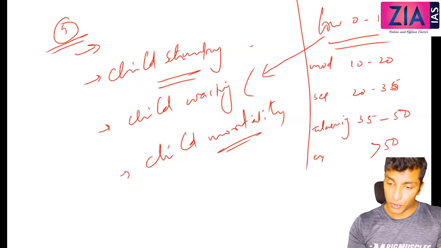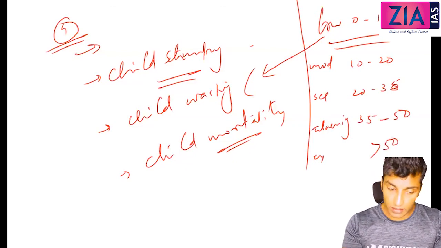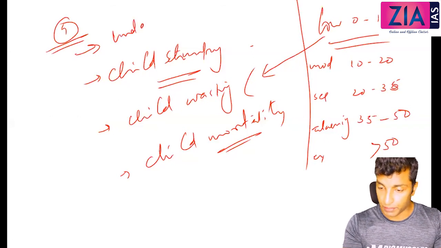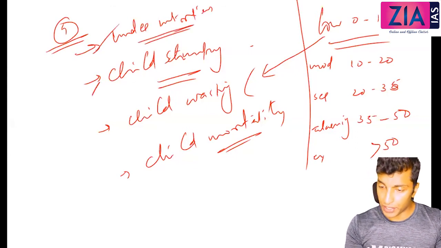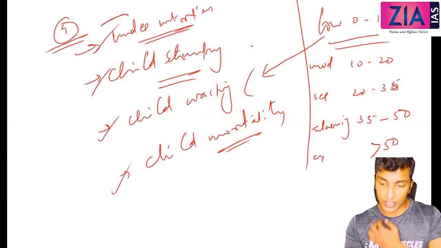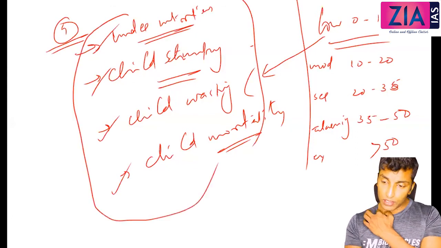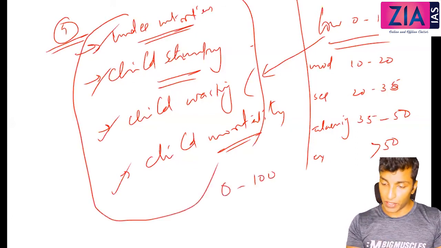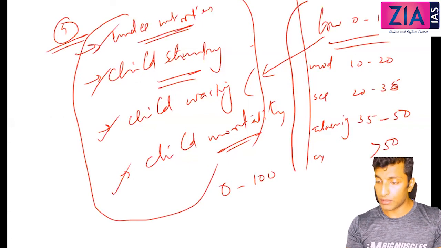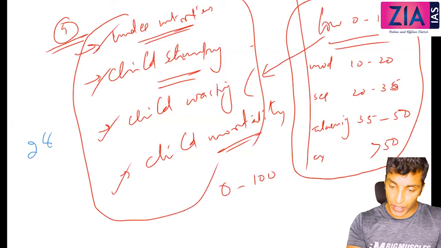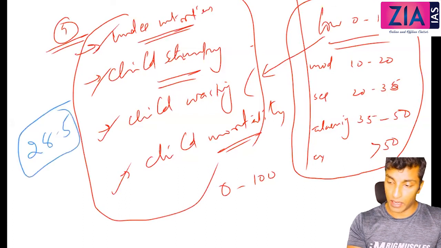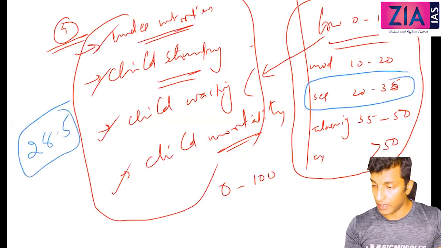So based on these 4 parameters, what are they? The proportion of undernourished population in the total population, child stunting, child wasting, and child mortality. Based on this, you will get a score between 0 and 100, and the score falls under one of these categories. So what is the score of India? The score of India is 28.5. What does that mean? India comes under which category? India comes under